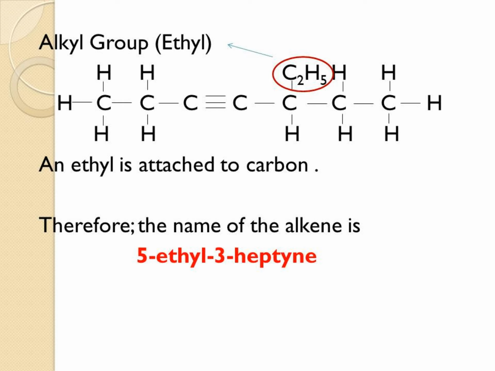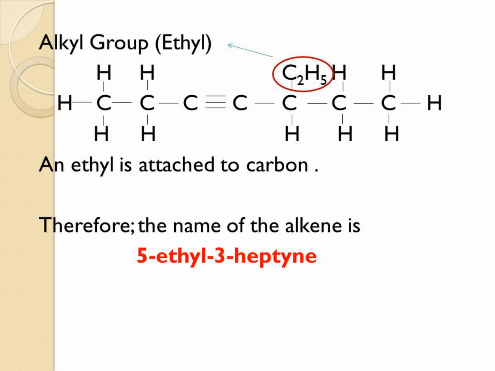If we are considering that as an alkane, then that's heptane. But because of the presence of the triple bond between carbon 3 and carbon 4, it becomes an alkyne. Therefore, the name of this alkyne is 5-ethyl